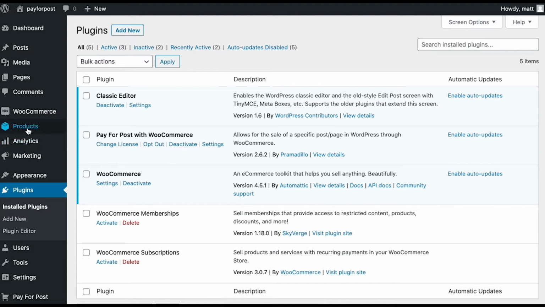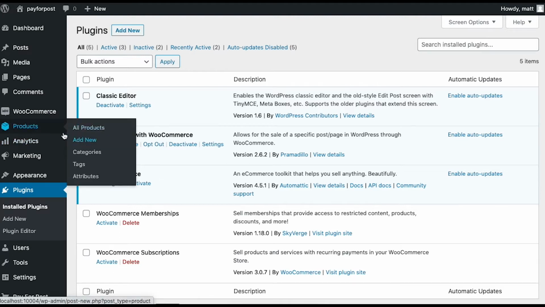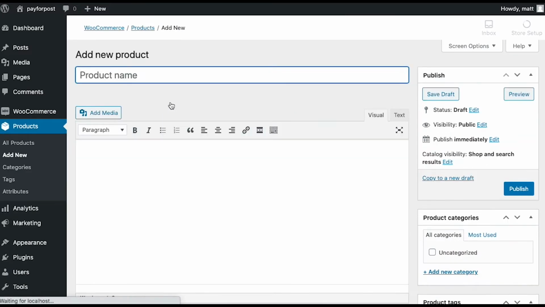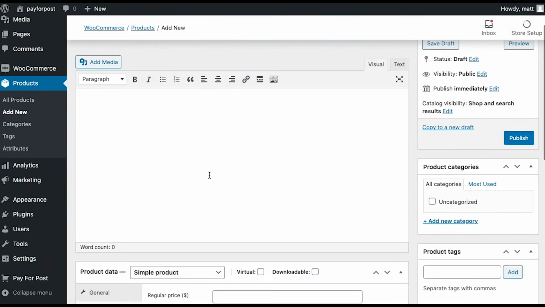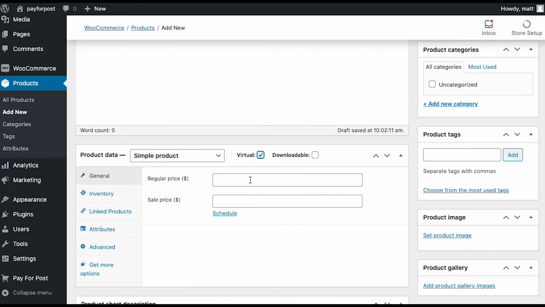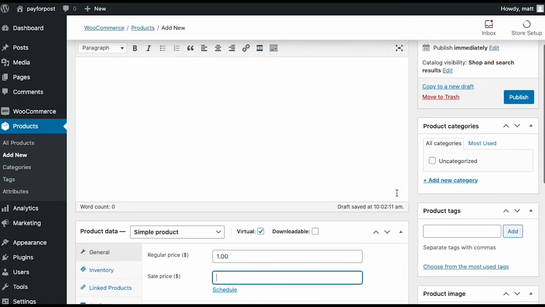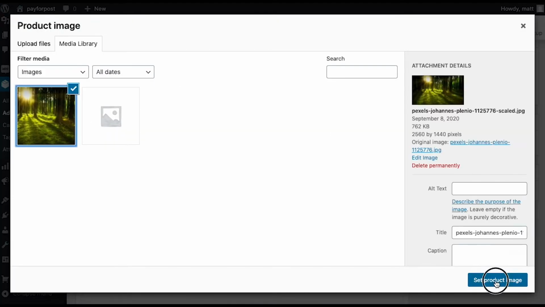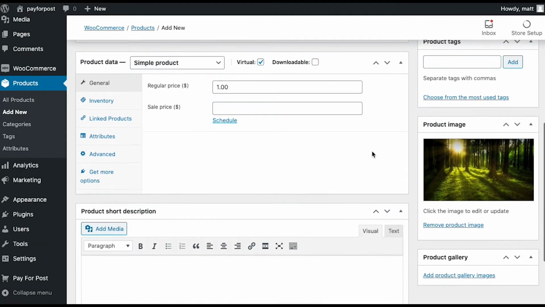So the first thing I want to do is create a product. You can go to products. You'll see I don't have any products. I'm going to create a new one, my simple product. It's going to be a virtual product, and I'm just going to give it a price of $1. Again, this is standard WooCommerce, so you can just go and add a featured image, product short description,